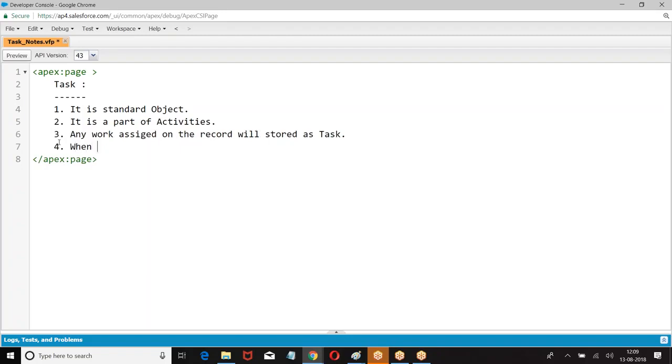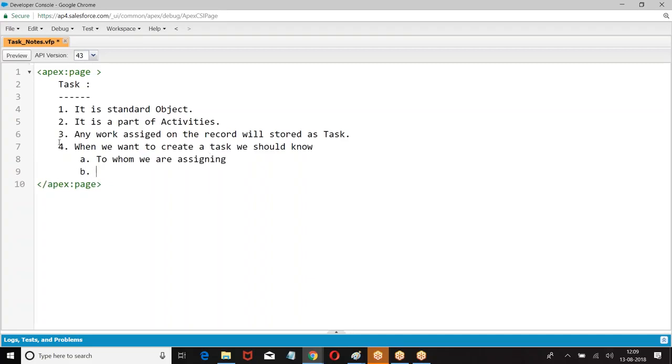So, when you want to create a task, we should know to whom we are assigning, what the due date is, which record we are assigning, and what the status of the task is.